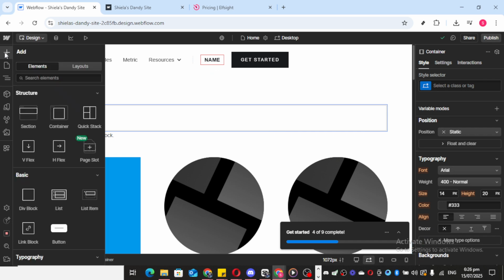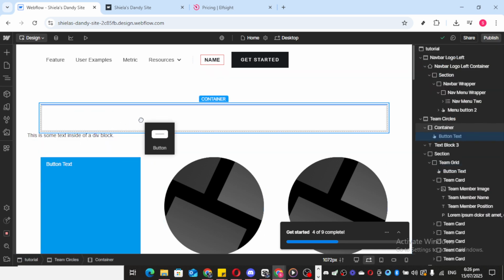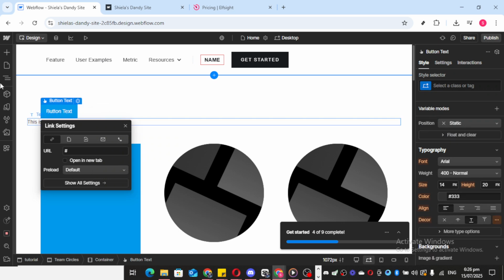Once you have your container in place, head back to Add Elements again and drag the button element inside this container. By embedding your button within the container, you gain more control over its positioning, which is crucial for the next step. Now that the button is nested within the container, direct your attention to the right side of your